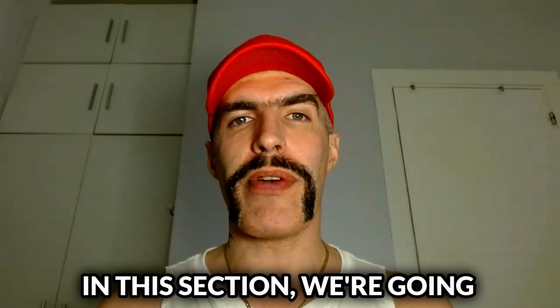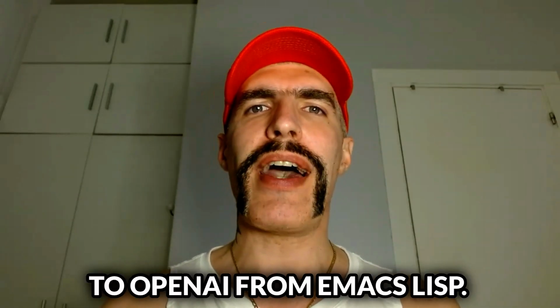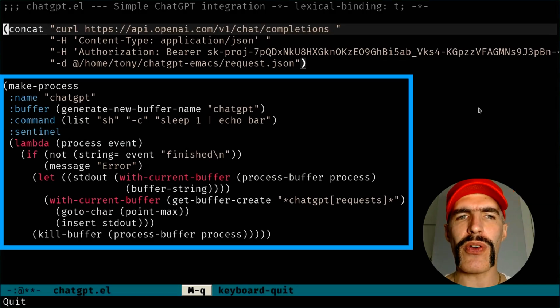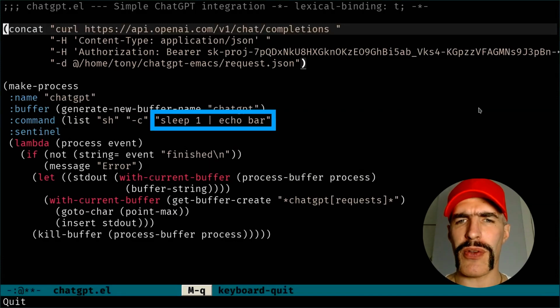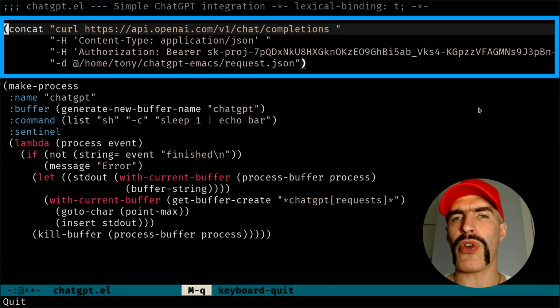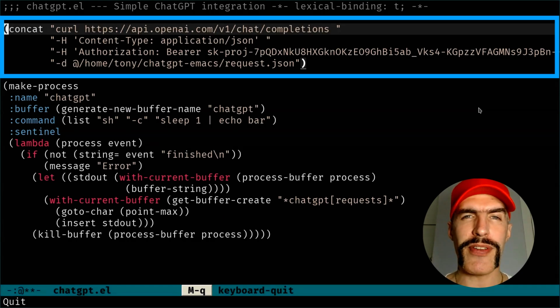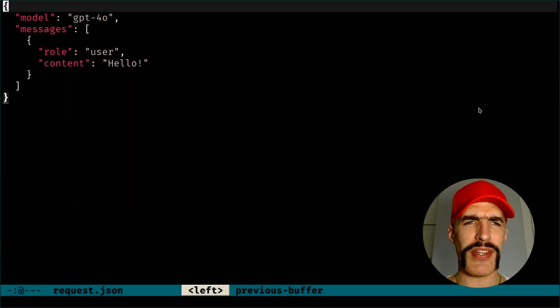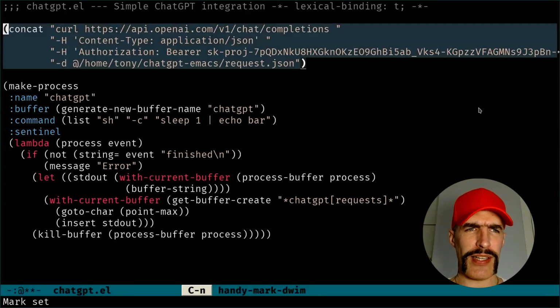In this section, we are going to send our first request to OpenAI from Emacs Lisp. To do that, we are going to modify the makeProcess call that we've written just before, and we are going to replace the echo bar command with the command that we see at the top, which is the curl request that we've written in the first lesson, which sends the request in the file request.json that we see here, which just sends the prompt hello. So let's copy